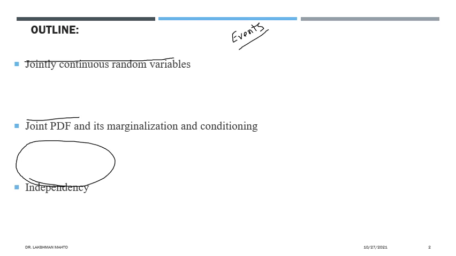Those things we will discuss, and probably in the next class we will discuss functions of jointly continuous random variables and the associated derived distribution. That means we are talking about a function of jointly continuous random variables, so we get a derived random variable as a function of several variables. We then need the distribution of those functions of several variables. That distribution we will call the derived distribution.